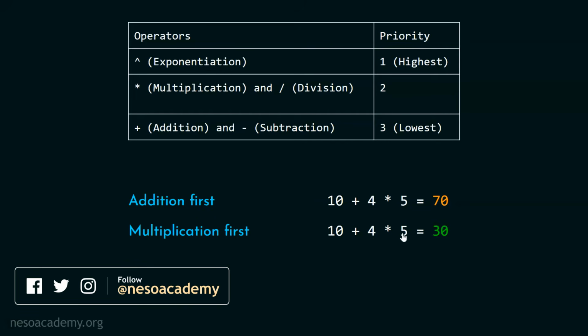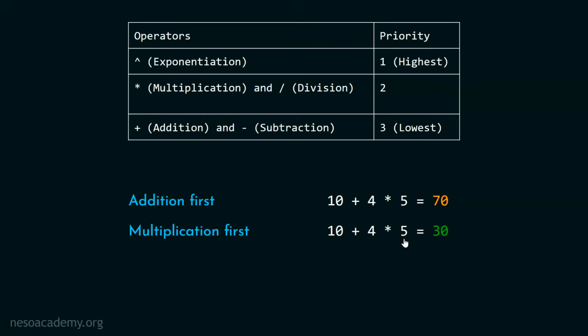This expression will yield just one result and we have to decide which one is correct. That is why it is important to set the priorities, right? Here, the priority is already set. We know that multiplication has to be performed first. Therefore, this is incorrect because here we are performing addition first, and this is correct. Fine. So 10 plus 4 into 5 is 30. This is the only solution.